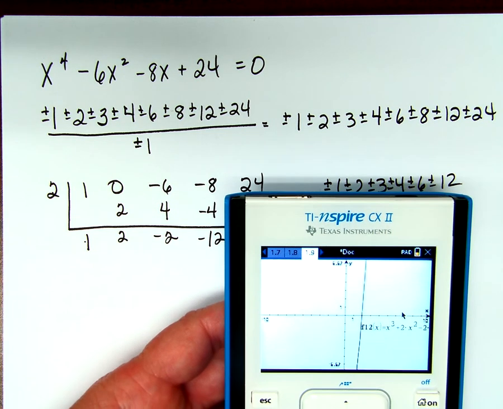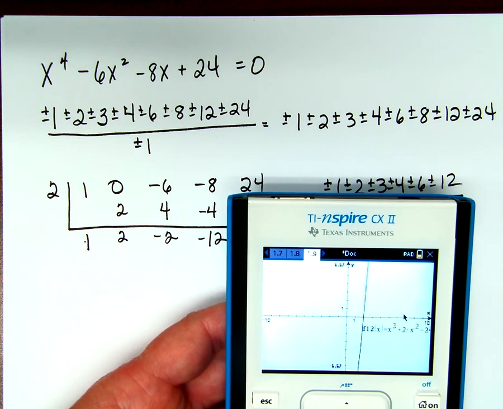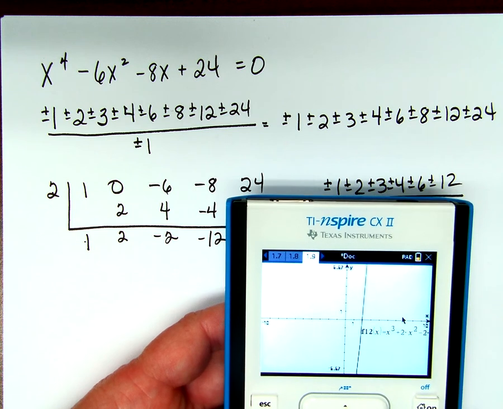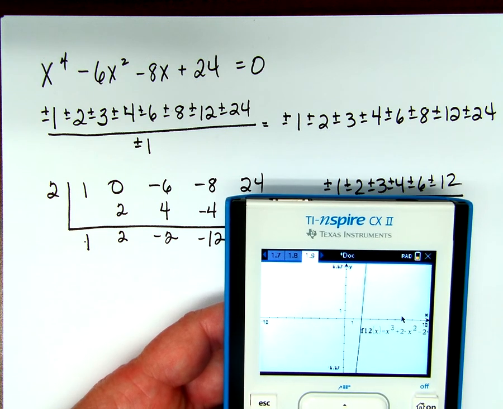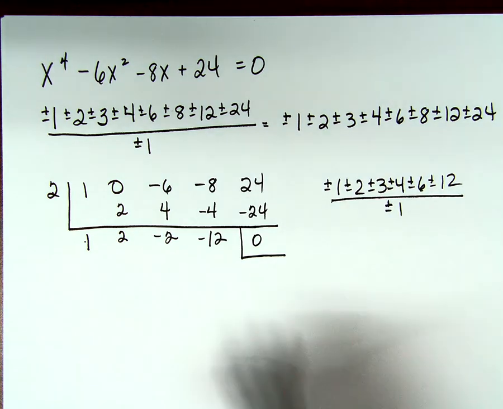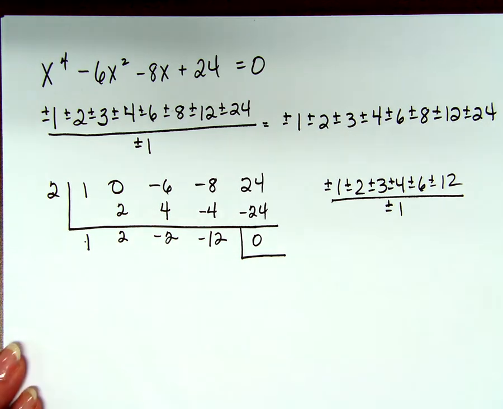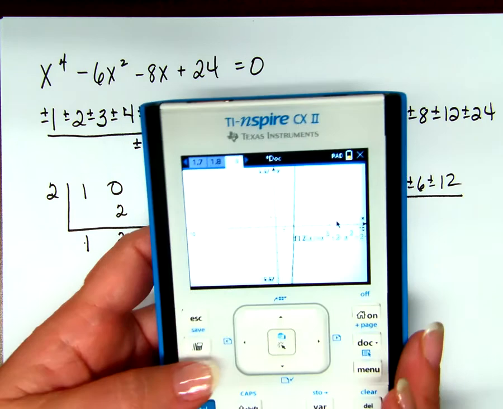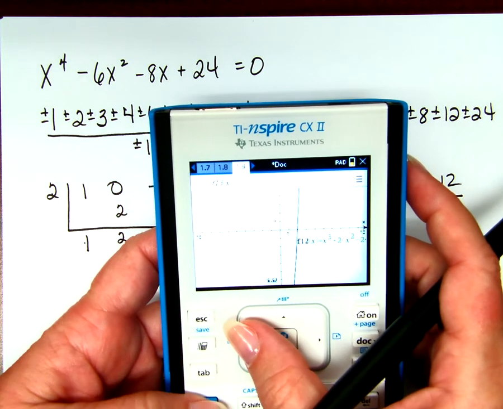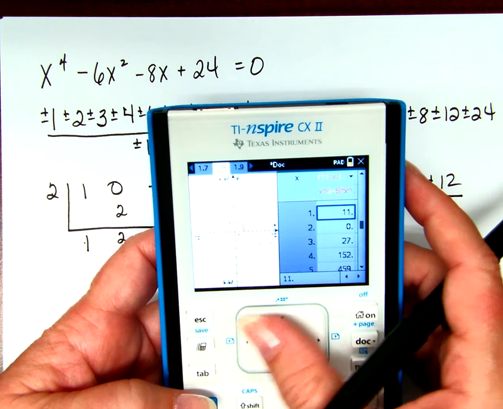Where is it crossing the x-axis? Why didn't I see that the first time? Well, I did, didn't I? Okay. It's got a multiplicity, doesn't it? 2 happens twice. And remember, when we look at this one,